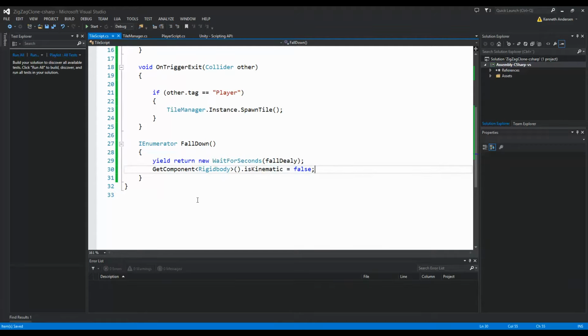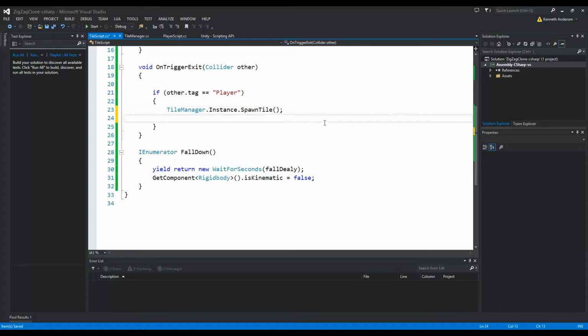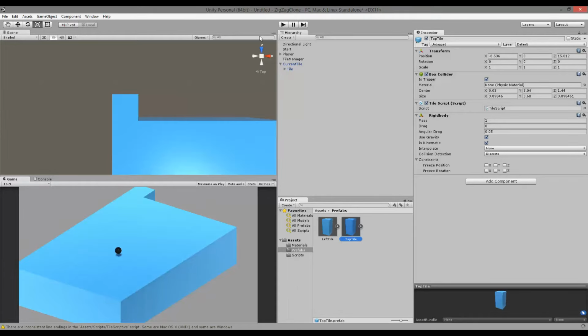So then I start falling, like when my player has run over the tile, I would like to say, well, I'm gonna start the fall down coroutine. When that happens, I'm gonna wait some seconds, and then I'm gonna say, well, my rigid body is not kinematic, which means that it will fall to the ground. So after I have spawned a new tile, I would say start coroutine to start this, FallDown. There we go. And if we save this and jump back in here,